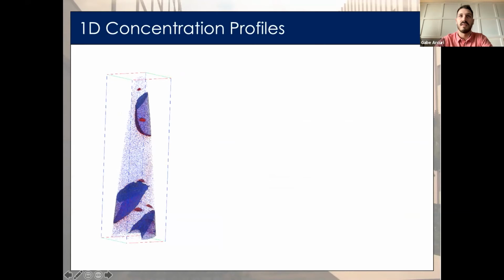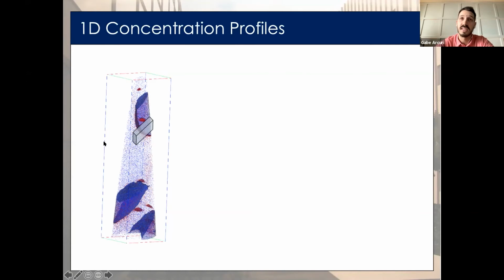So next, we have a 1D concentration profile, which is a plot of the local composition along the length of an ROI. This is usually done using a cylinder or a rectangle. And this can provide us with useful information on composition fluctuations, especially in the regions of our interfaces. So the first step in creating a 1D profile is to select the volume you want to analyze within your 3D data. We can do that using a region of interest. So here I position my ROI across my interface.